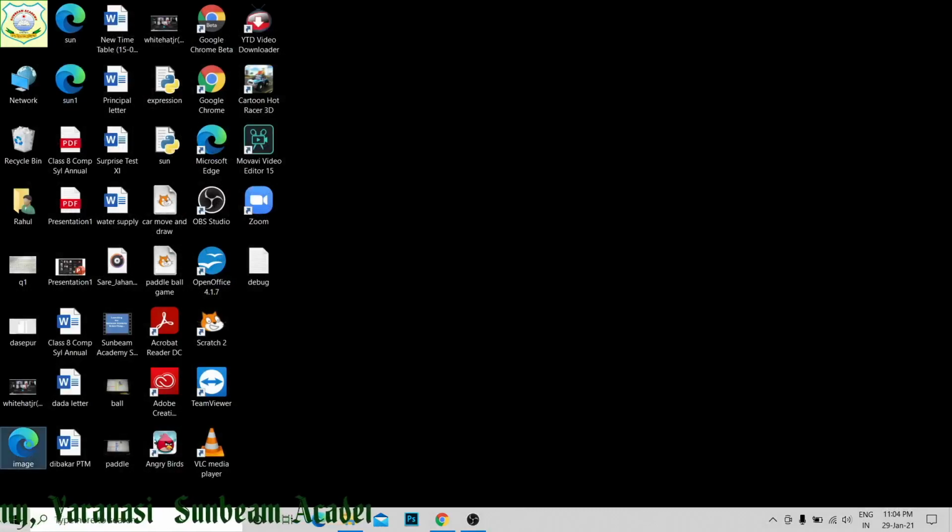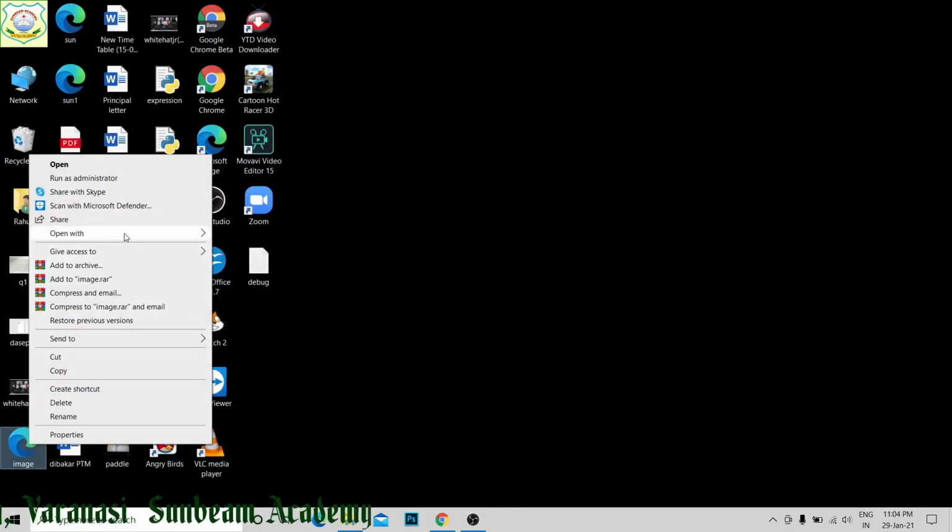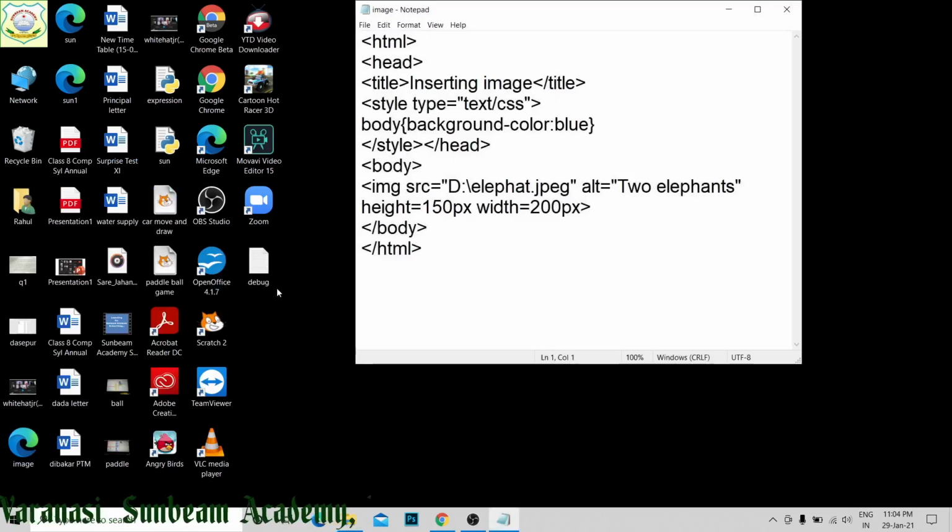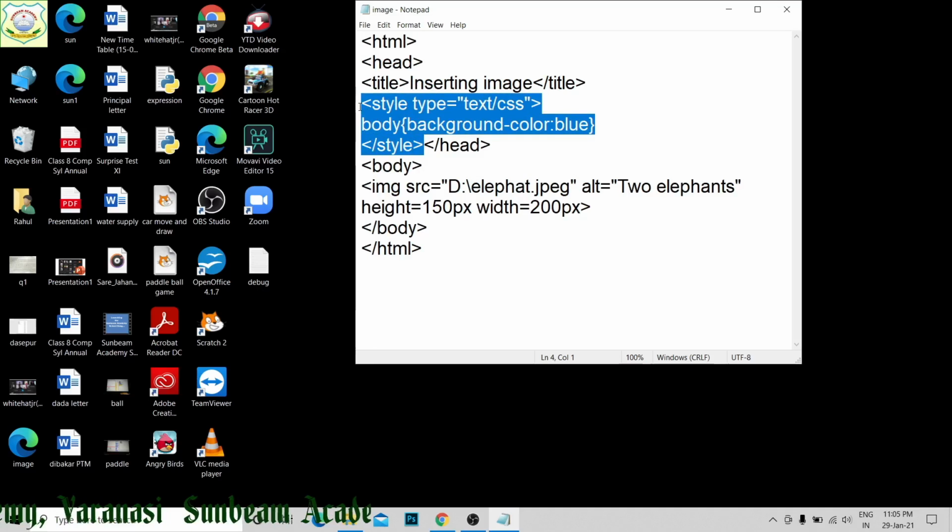Suppose this file image I am going to open with notepad. Here what to do, I will add these two files as different frames. I will use height and width of the frame, as well as border style, its border I will give likewise. So I am removing this one. I removed.